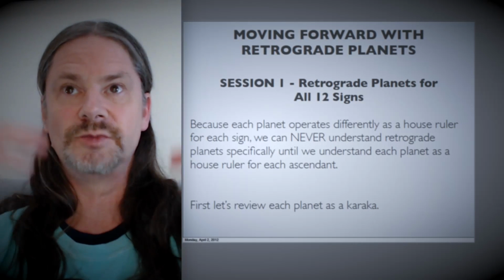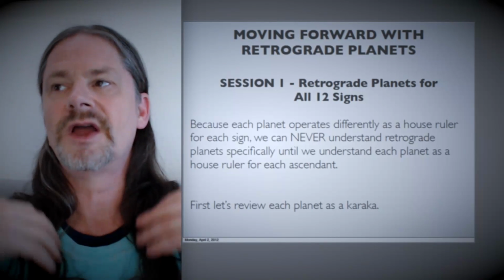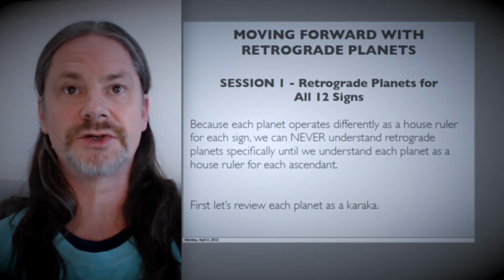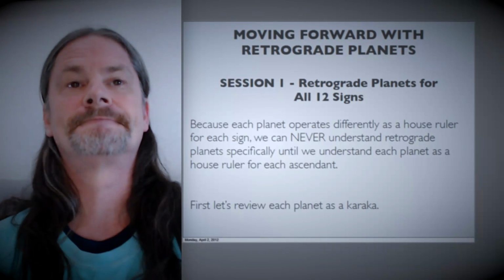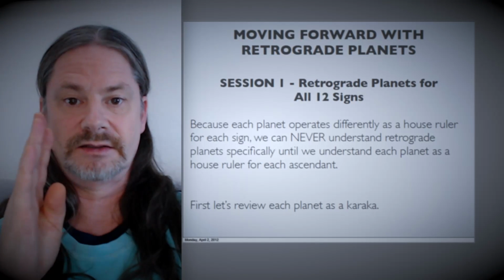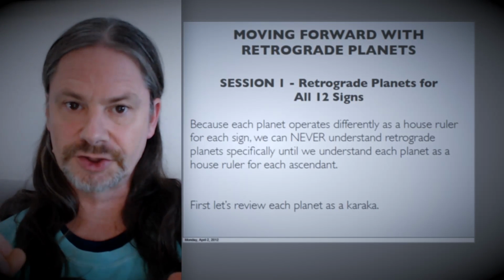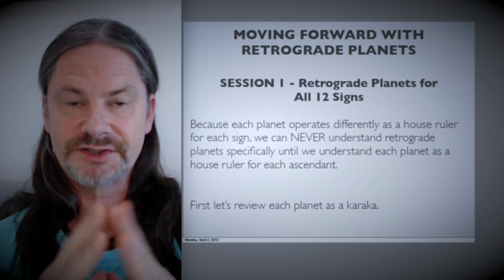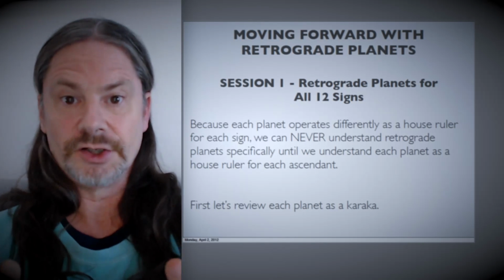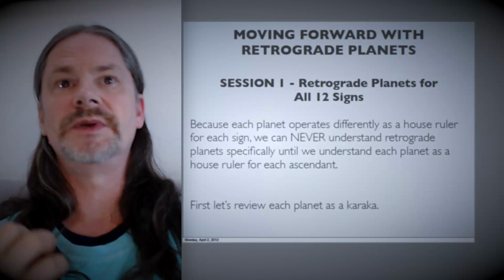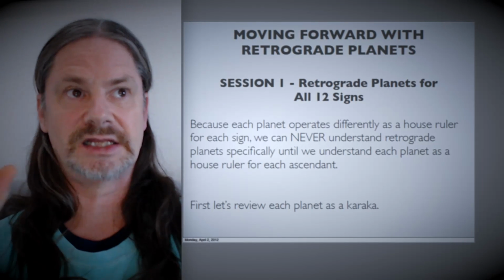Because our life on Earth is moving forward, and therefore the things we want, and I say our life, I mean our physical life, the things we engage in, the things that we want to have success at, are the things we would say that's moving forward. But the planet is not moving forward either at that time if we're evaluating a transit, or in the natal chart if we're evaluating the natal chart. Again, there's also different layers of things. Retrograde planets in natal charts become that kind of energy, where its energy tends to be somewhat confusing about how to move forward with that thing, how to manifest that thing in the world.